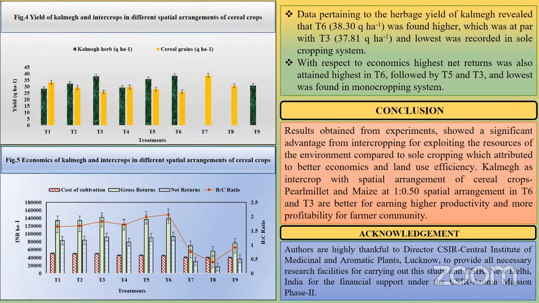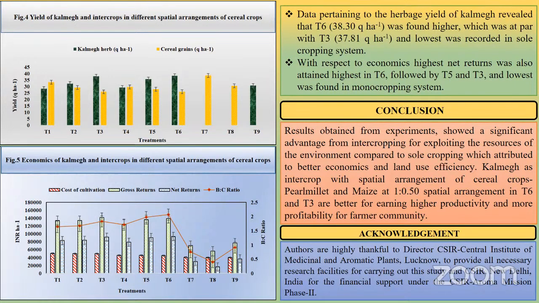With respect to the economics, which is depicted in figure number 5, the highest net return was also attained in treatment T6, followed by treatments T5 and T3, and the lowest was recorded in the monocropping system. Now the conclusion of the study is: